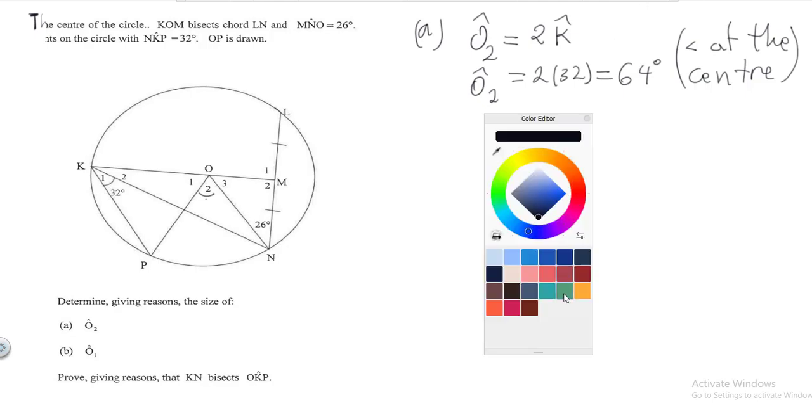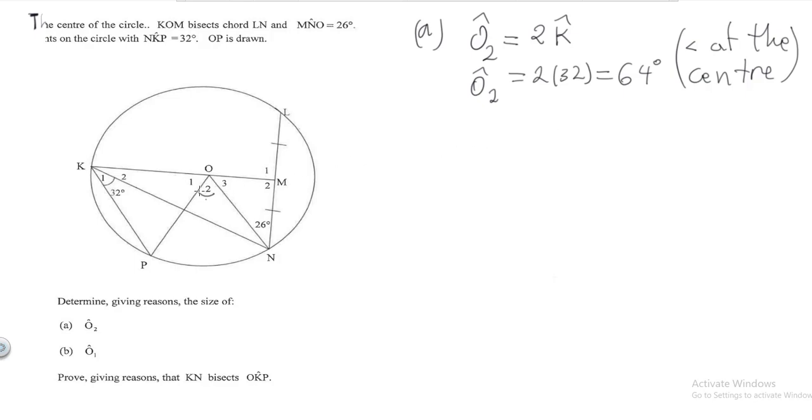Let me use the green color. Alright, so it's better when you're doing geometry, you must put different color so you can know what you did or what you add. Okay, so now we go to 64 there. Alright, now next question is, as we found